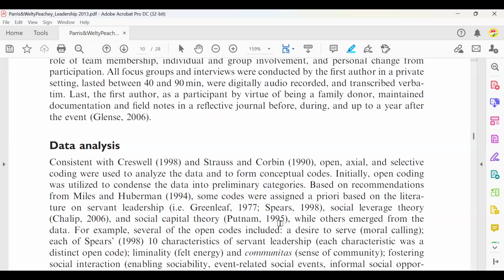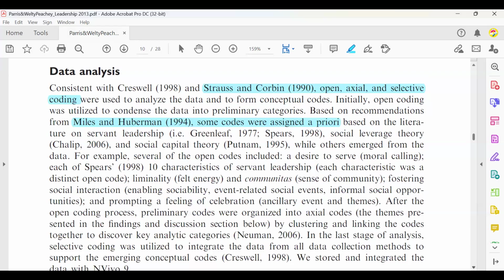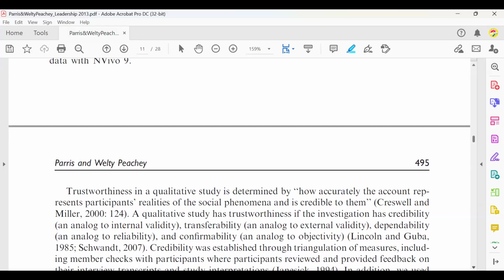You can also see here, data analysis was conducted using Strauss and Corbin's open, axial, and selective coding. They talked about using recommendations from Miles and Huberman for a priori coding, and so on. Okay, so for the moment, that is the extent to which we want to go into the details. Later, you will learn about